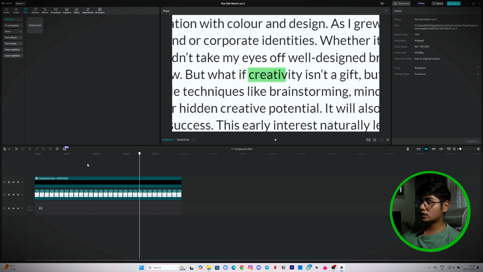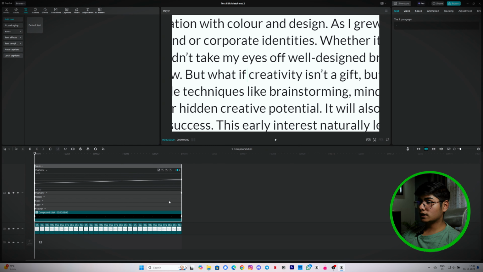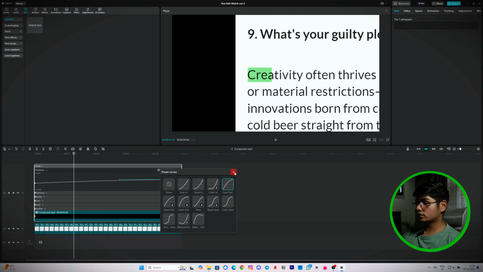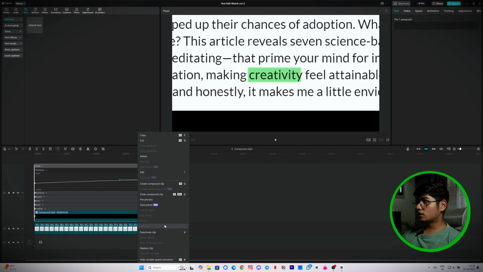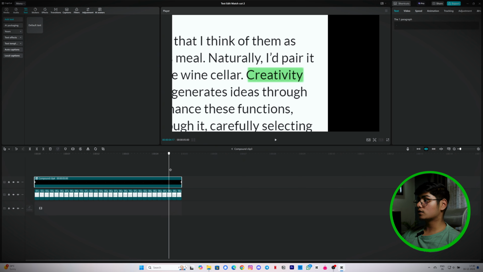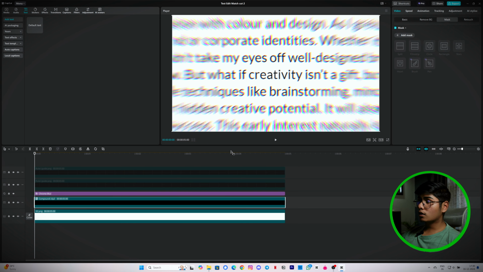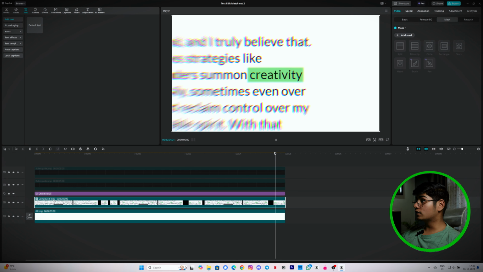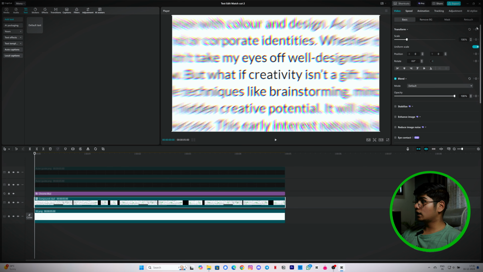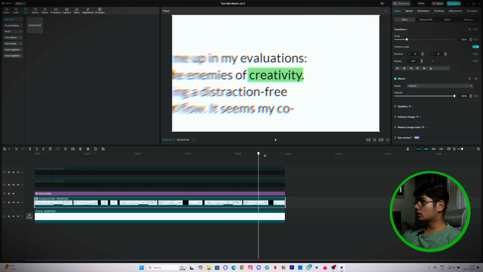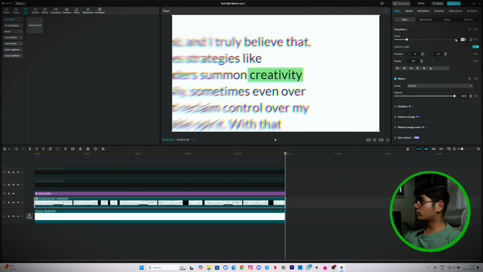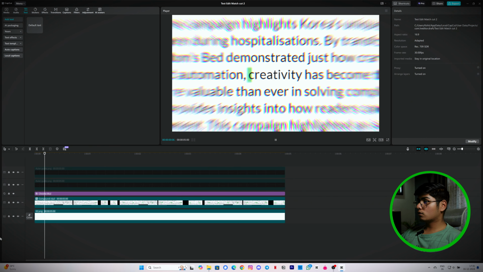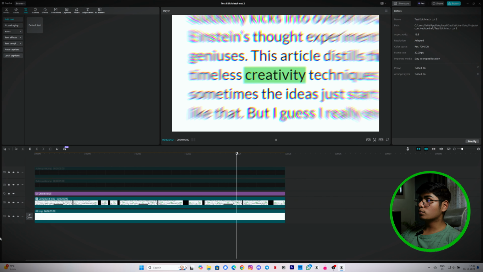To smoothen it, I'm gonna select this and right click, show variable keyframe animation. Then select this and preset curves. Now hide variable speed animation, and now you have an animation which highlights your word. Now you can go back to our original timeline. What I'm gonna do is I'll apply another keyframe here so that the video looks nicer. Add a keyframe on scale and then go to the last, change it to 115% like this. Now it has a zoom in animation to it.